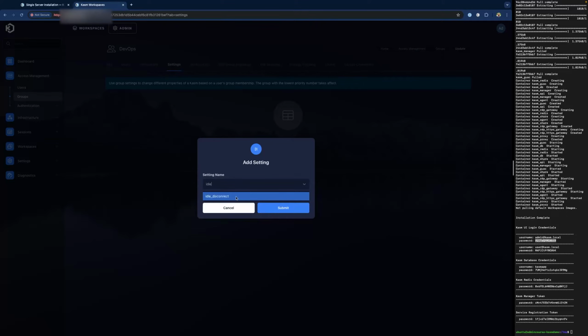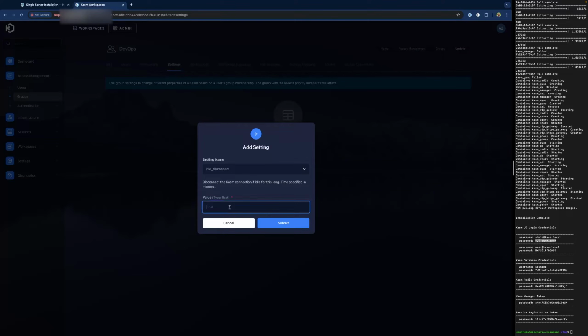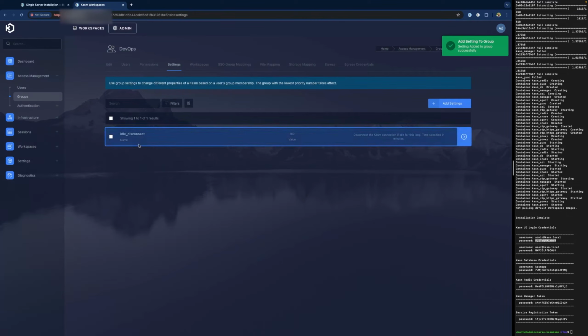And so for our developers, we want to be able to give them a longer disconnect time. And so let's say instead of 20 minutes, they can be allowed to be idle for 3 hours. And so again, these values are set in minutes. So 3 hours is 180 minutes. We'll go ahead and submit that and save it.